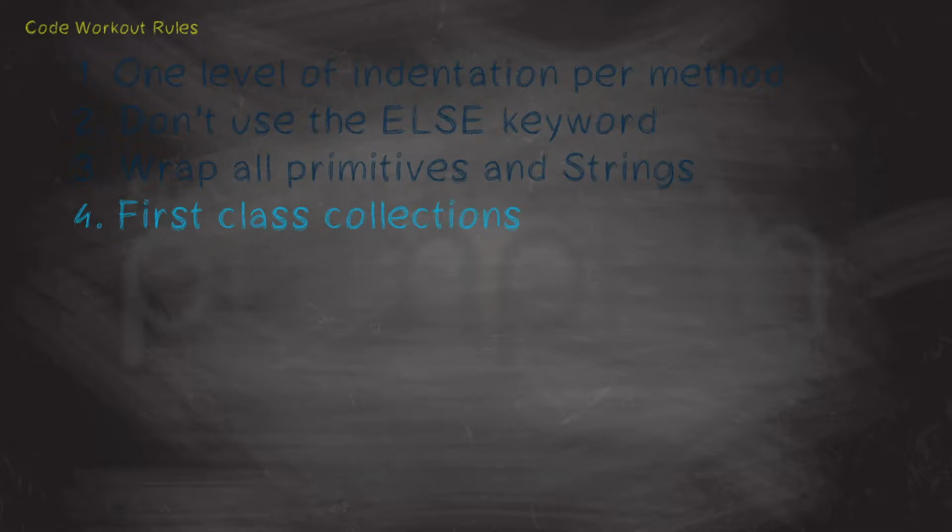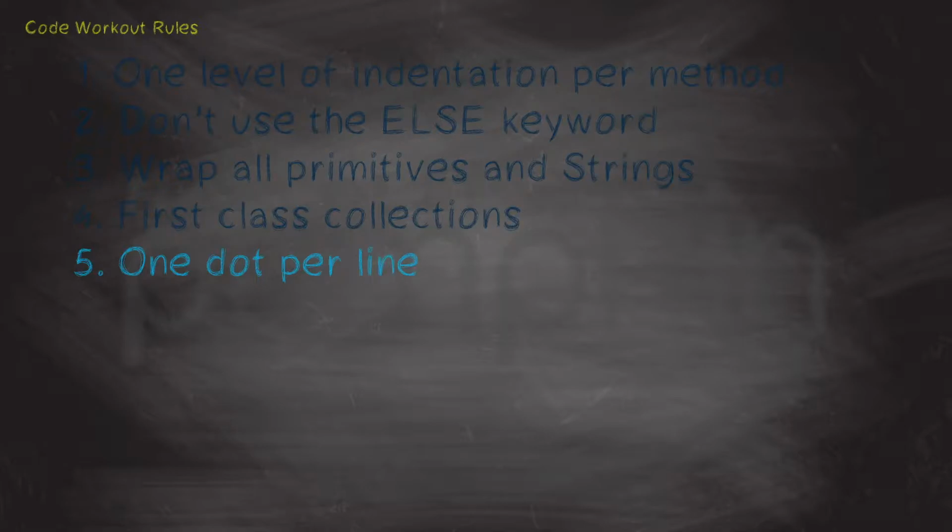The fifth rule, 1 dot per line. Now again, this is applied with a little bit of pragmatism by myself, in that I don't tend to have more than 1 dot per line, but I do tend to have lots of dots in my statement, which kind of goes against part of what this rule was about. The difference being, where I've got multiple dots, I'm actually calling extension methods in a functional pipeline, as opposed to a secondary depth of